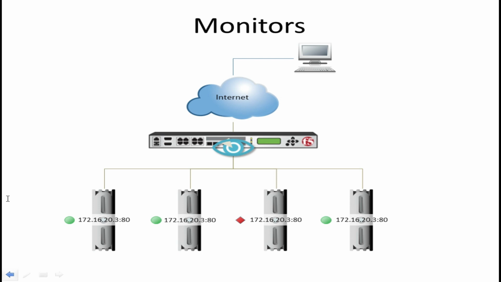So what is the purpose of the monitor? Monitors determine the availability and the performance of a device, maybe over a link, or maybe of a service on a network. A health monitor checks the availability, while a performance monitor checks the performance and load.